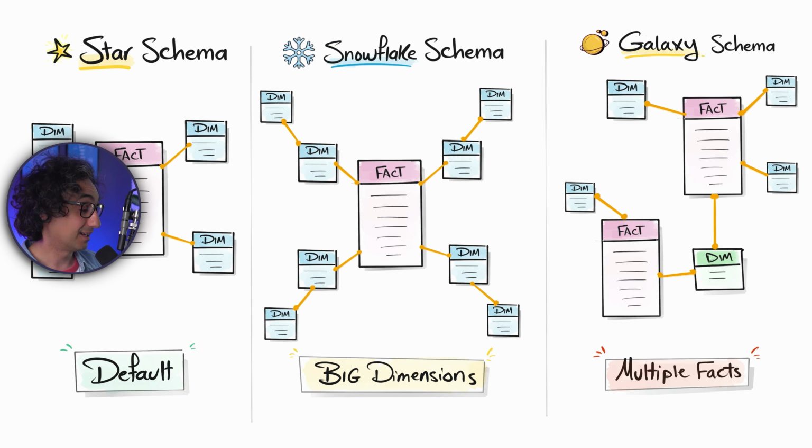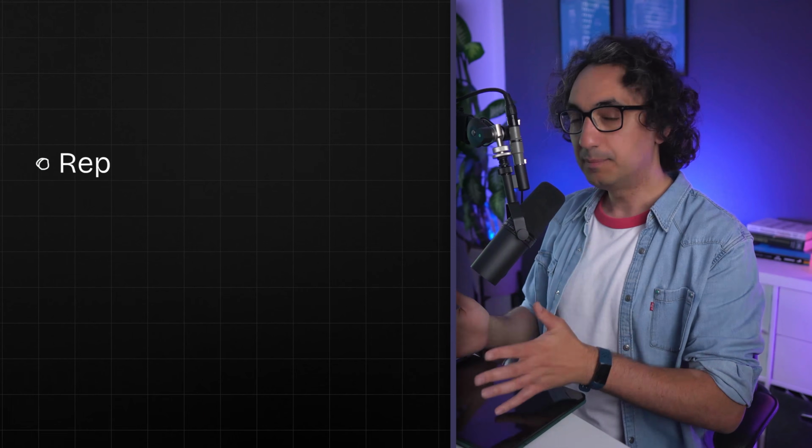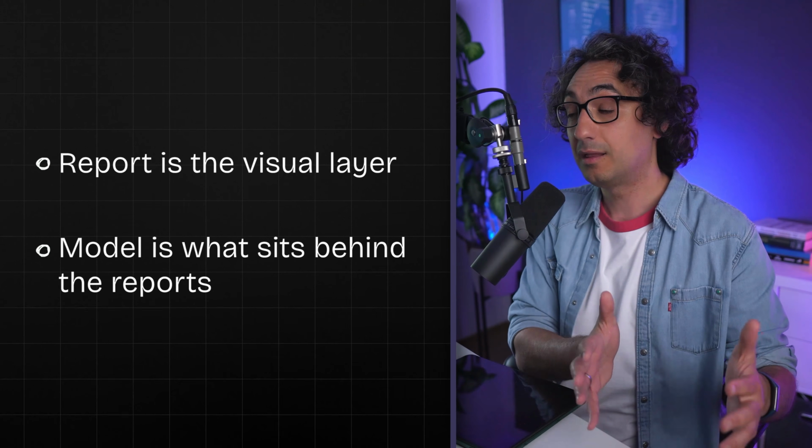Now, just a quick clarification about the terms that you might hear in Power BI projects at work. You're going to hear people saying dataset, semantic model, data model. At the end, it is all the same. Dataset is just an old terminology used by Microsoft Power BI, and now they are calling it semantic model. The data model, it's like people like me, I use it as the official term. It is the process not only in Power BI but also in any platform that you are building that has to do with data. So if you hear all those terms, don't worry about it, just keep this in your head: the report is the visual layer and the model is what sits behind the report,